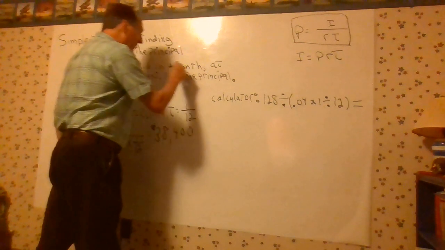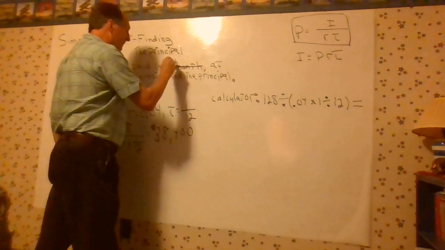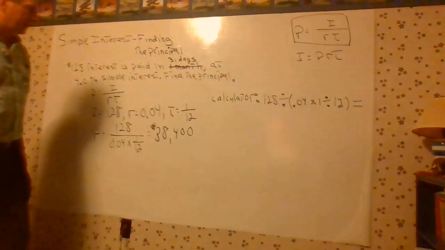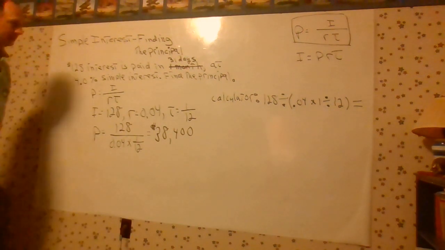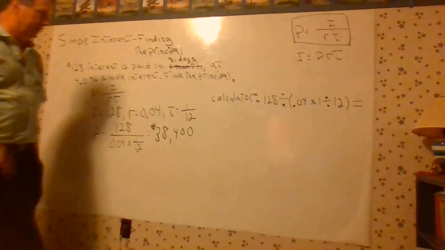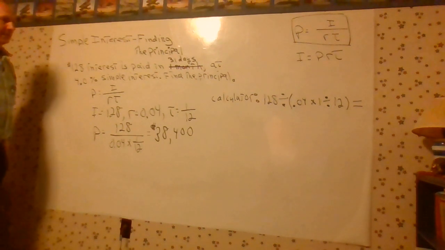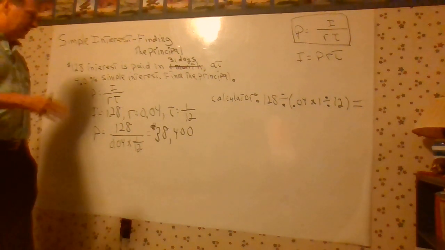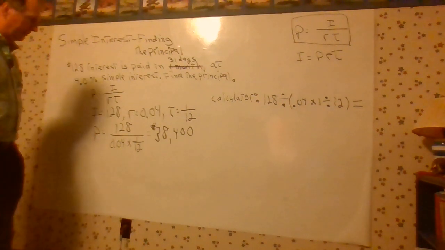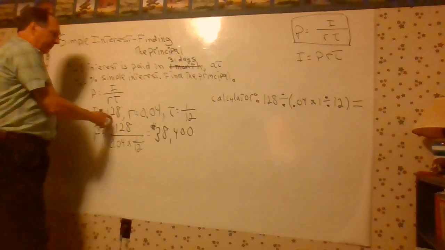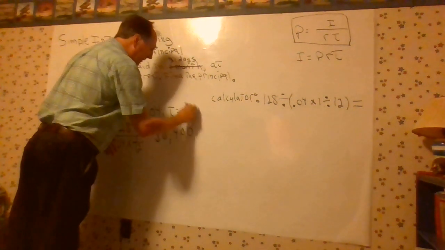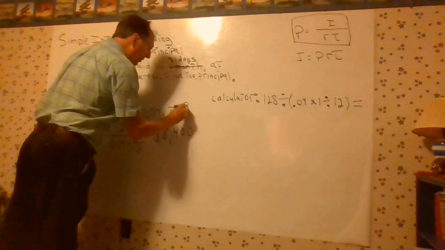Let's suppose instead of 1 month, we use 31 days. We should get roughly the same answer. It's going to vary a little bit because 31 days is not exactly 1/12 of a year. It's a little more than 1/12 of a year. 30 would be a little bit less, 31 a little bit more. The problem is just going to change slightly. What do we have to change? Interest is the same. Simple interest rate is the same. This time we have to change to 31